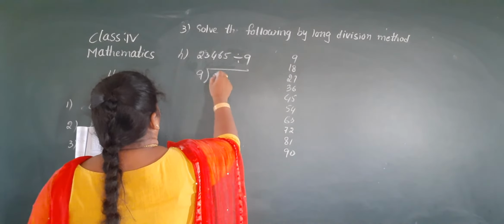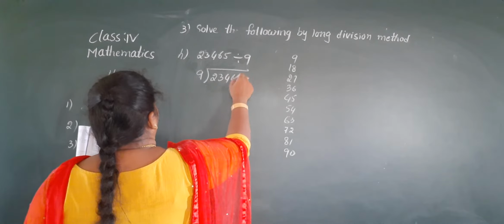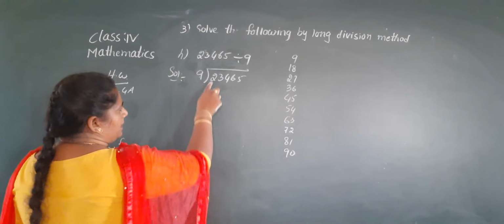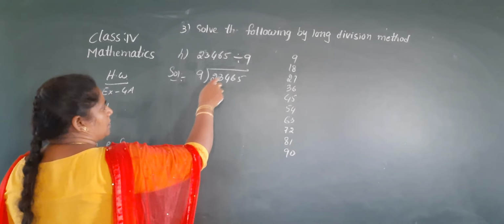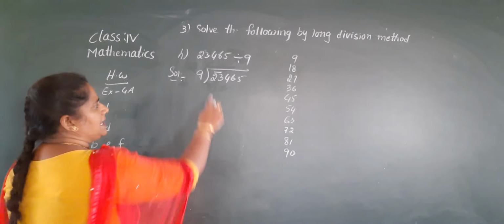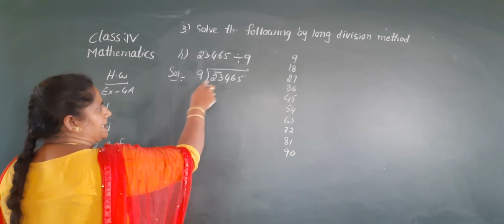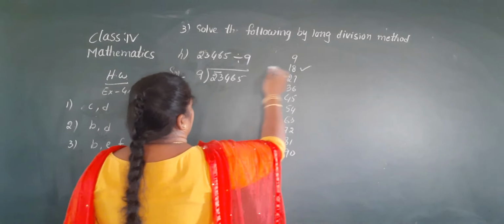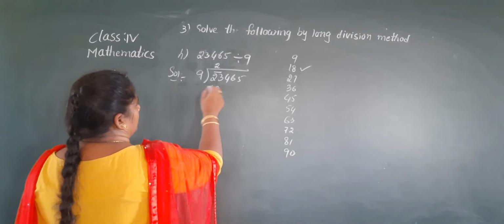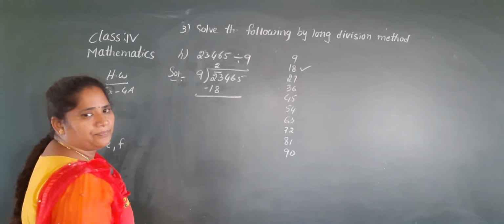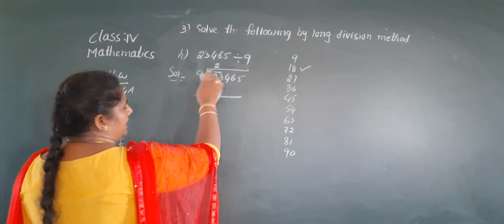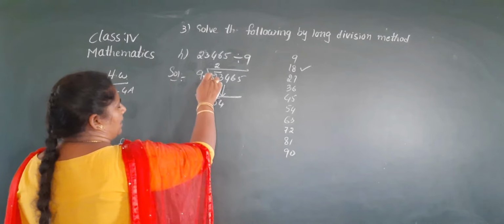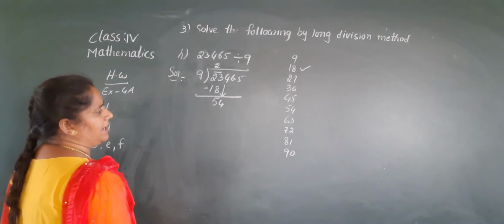So my dear children, if you learn the tables, only then can we do the divisions, Nana. Okay? And 2 is smaller, so you take two numbers. 2 is less than 9. In this case, you take 2 digits, 23. The nearest number is 18. 9 twos are 18. 23 minus 18: 3 is a small number, take borrow, 13 minus 8 is 5. Take down 4. Here 1 minus 1 is 0. Left side 0 has no value.